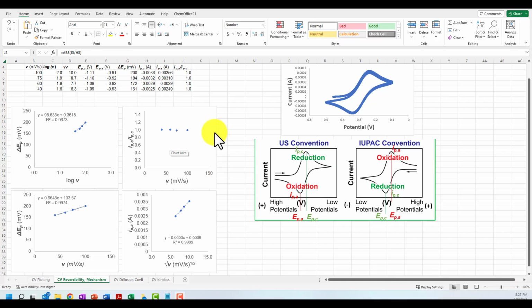And so those are the data that we would use to evaluate reversibility here, where delta P is unchanging with either the log term or the scan rate in the linear form. And then mechanism, we look at this plot